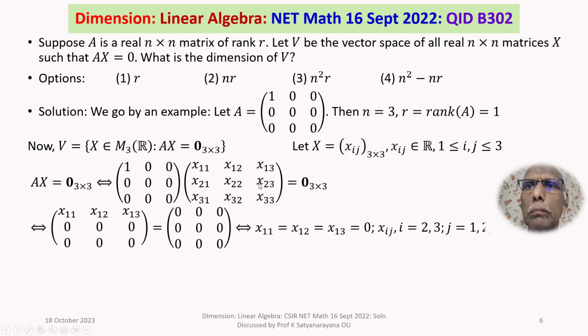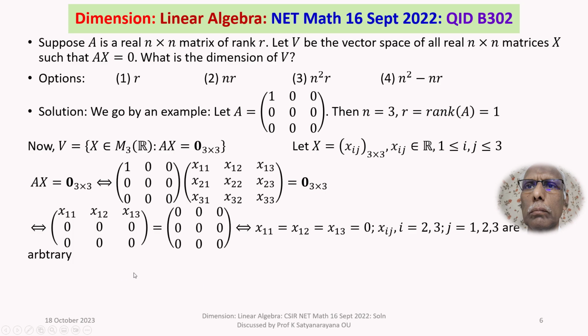You will get the first row only, and that is equal to the 3 by 3 zero matrix. Two matrices are equal if and only if their corresponding entries are equal. So this is equivalent to x11 equal to 0, x12 equal to 0, x13 equal to 0, and the remaining entries